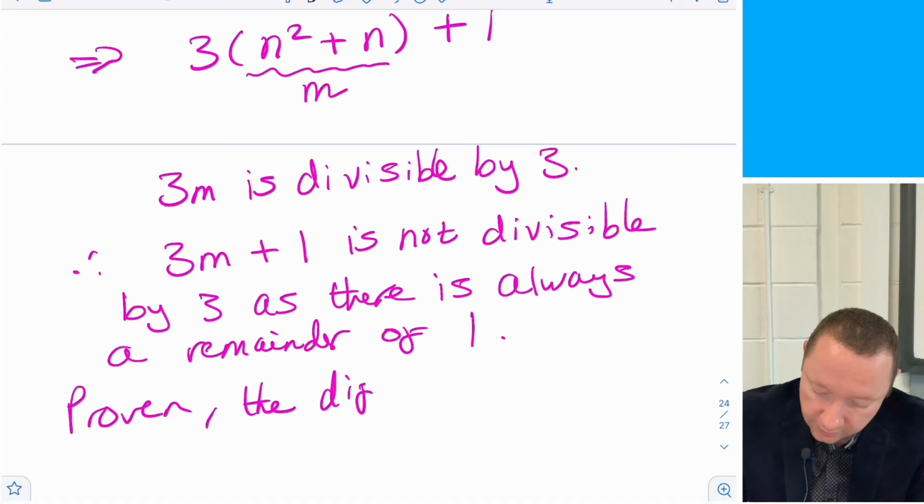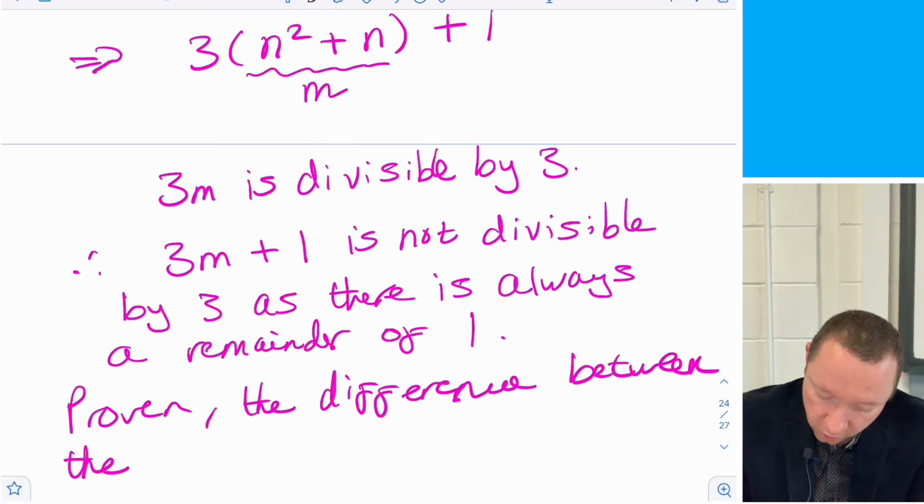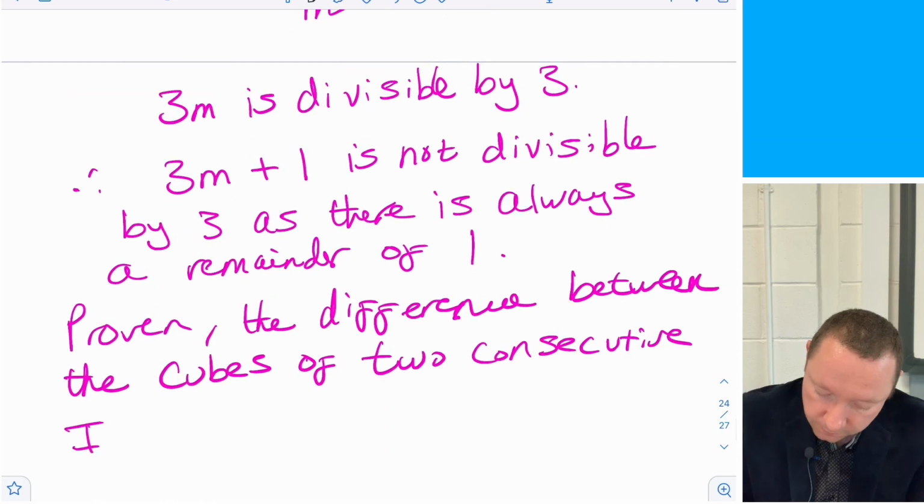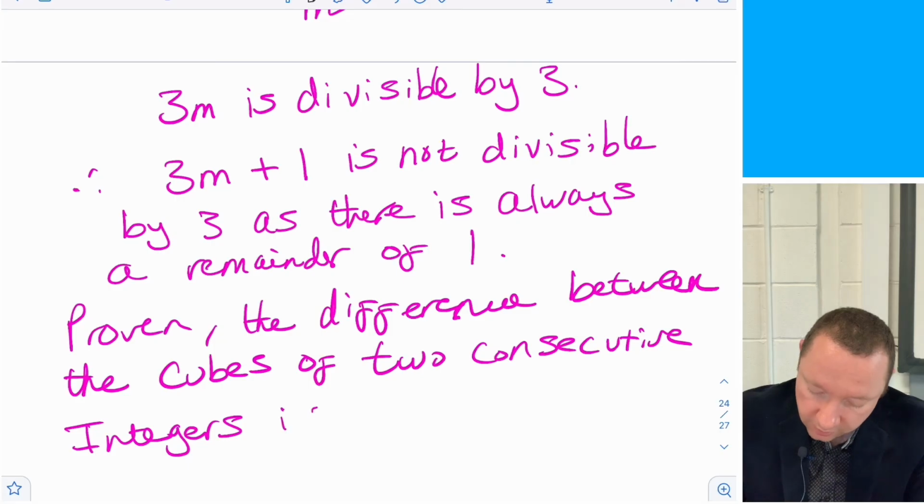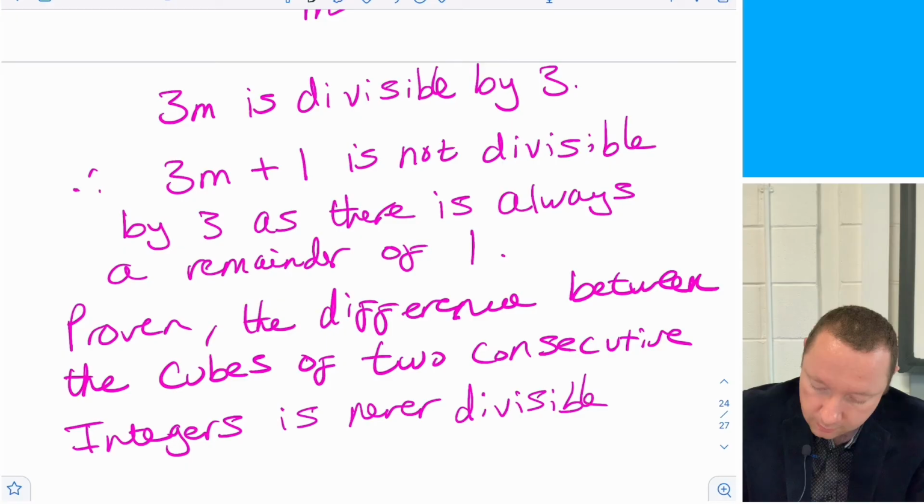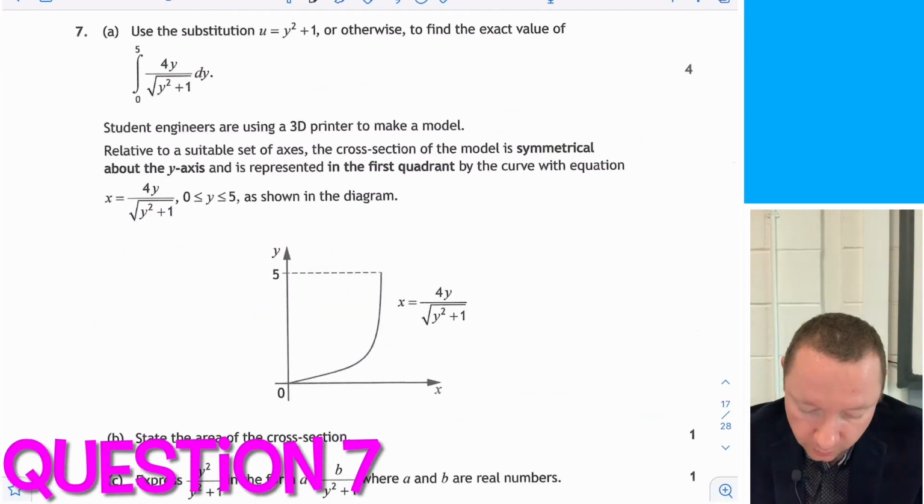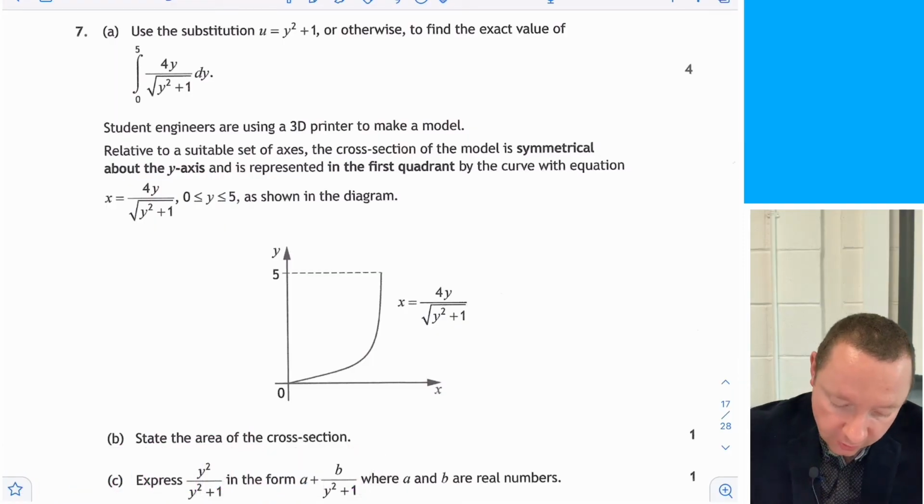The difference between the cubes of two consecutive integers is never divisible by 3. Done. Question 7. Use the substitution u equals y squared plus 1 or otherwise to find the exact value of